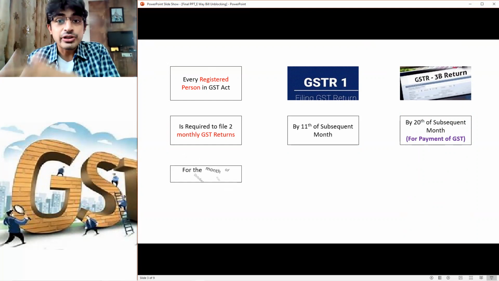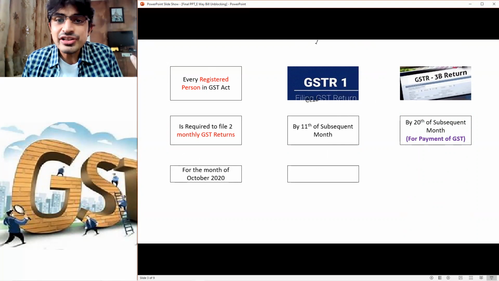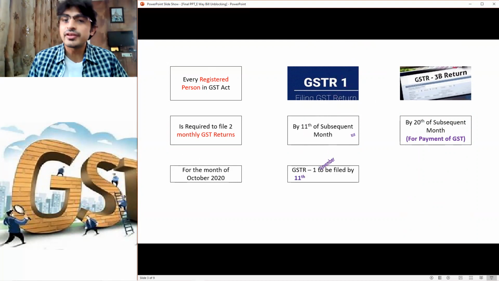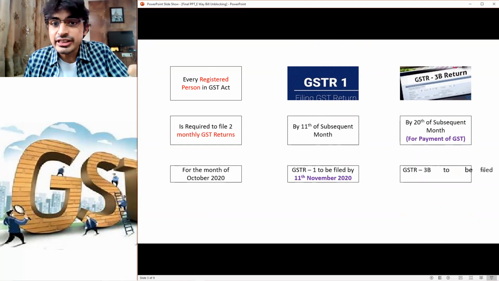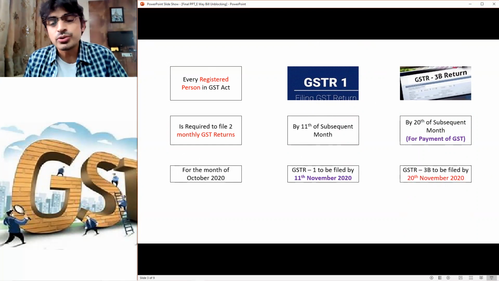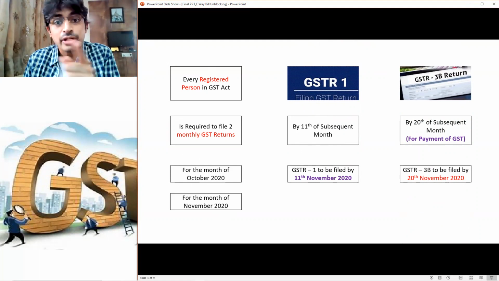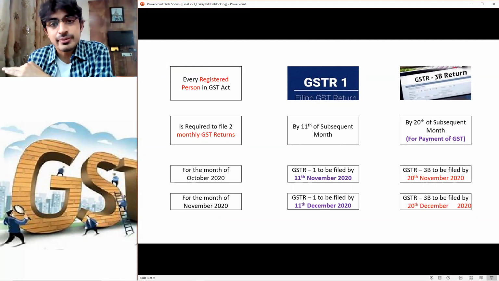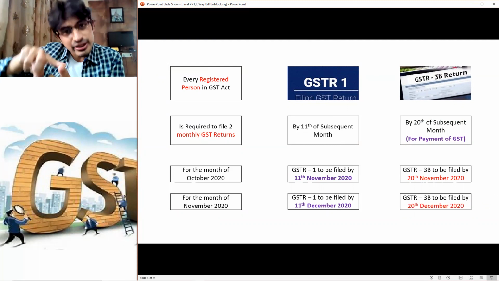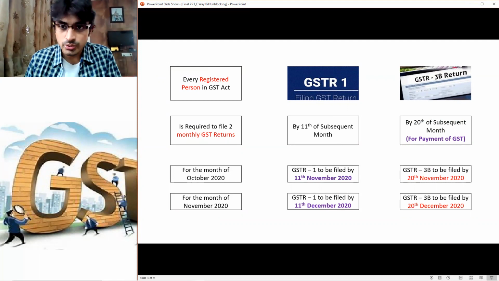So, for the month of October, you file GSTR1 by 11th of the subsequent month, and you pay GST and file GSTR3B by 20th November 2020. Similarly, for the month of November 20, you file GSTR1 by 11 December, and you pay GST and file GSTR3B by 20th December. This is how you need to do.